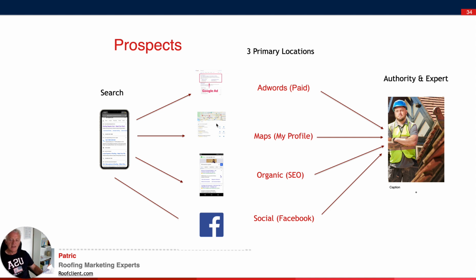Then they're going to go to the maps and see another listing of roofing contractors, the closest to them in their geographic area. And remember, there's also an ad sometimes inside the maps, so they'll see that listing. And then the third source is the organic listings, using your website, having an optimized website. The first 10 pages for whatever keyword you're listing, if it's roof repairs plus the city you're in.